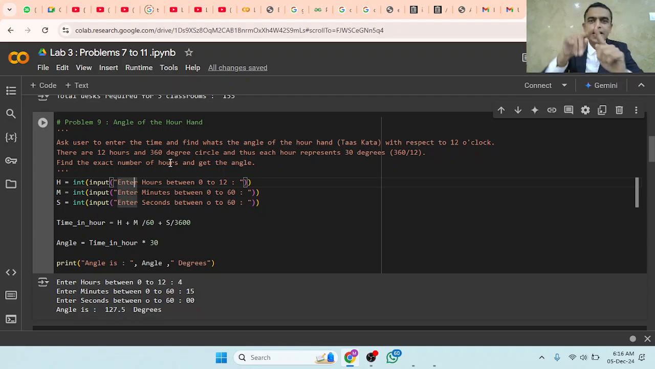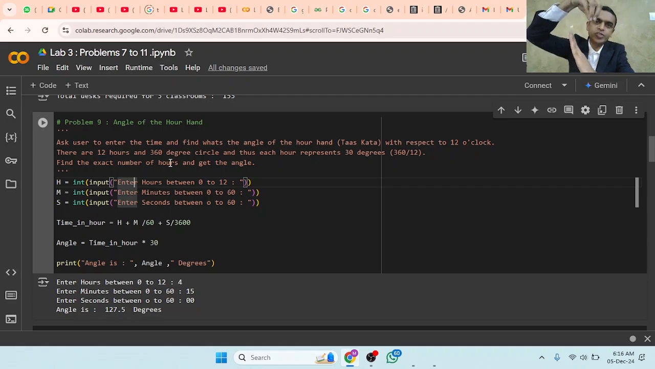Say there is a 360 degree circle and there are 12 hours. So for one full hour movement, how many degrees will the hour hand move? The hour hand will move by 360 divided by 12, that is 30 degrees. So now look at this. This is the 30 degrees, this is the 12 o'clock position, and if it is 1 o'clock, our hand will move 30 degrees. 2 o'clock, 60 degrees